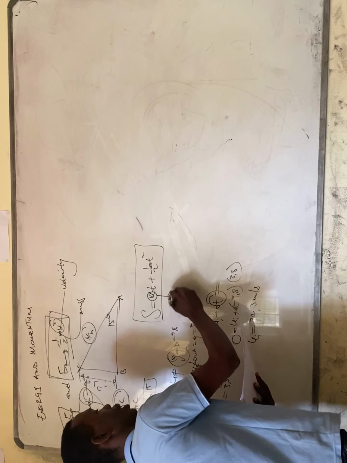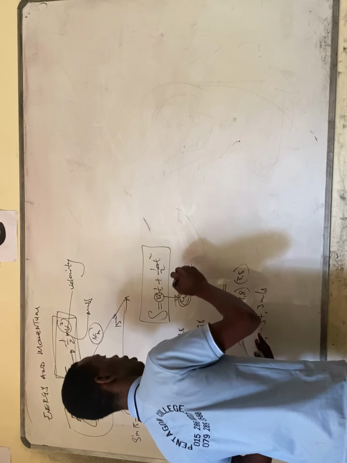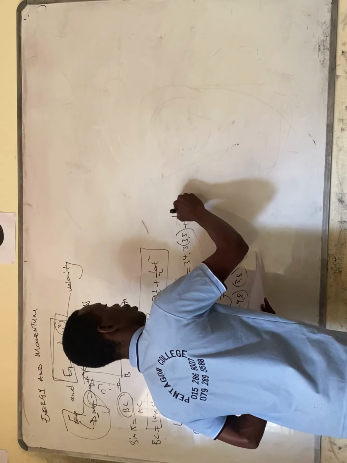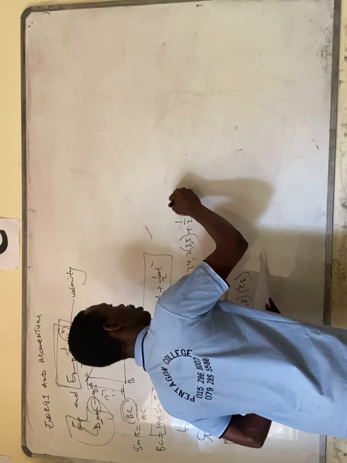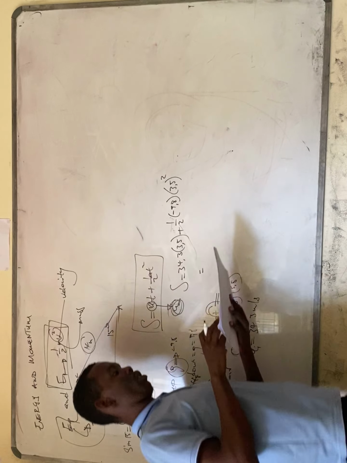Now we have the initial. We will have distance equal to initial, which is 4.3, multiplied by 3.5, plus 1 over 2 times negative 9.8 into 3.5 squared, which is